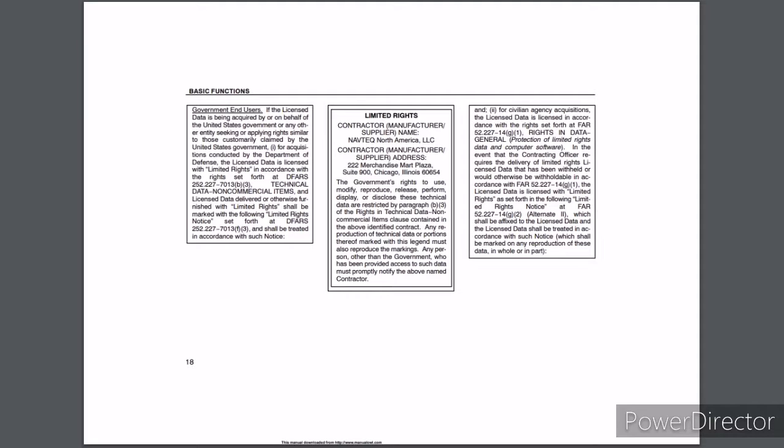Government and users. If the licensed data is being acquired by or on behalf of the United States government or any other entity seeking or applying rights similar to those customarily claimed by the United States government: 1. For acquisitions conducted by the Department of Defense, the licensed data is licensed with limited rights in accordance with the rights set forth at the FARS